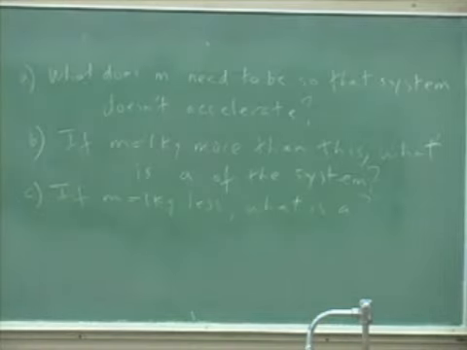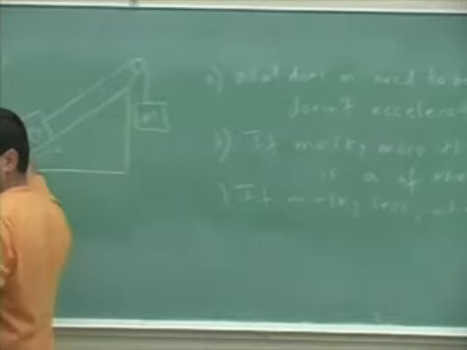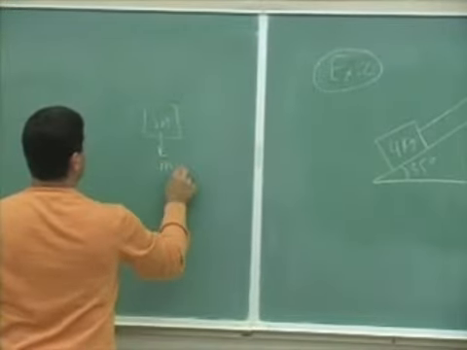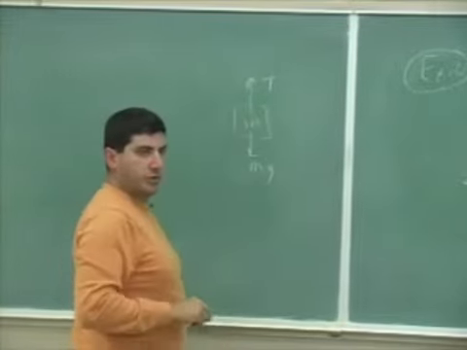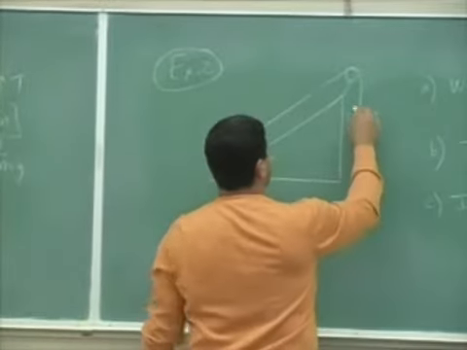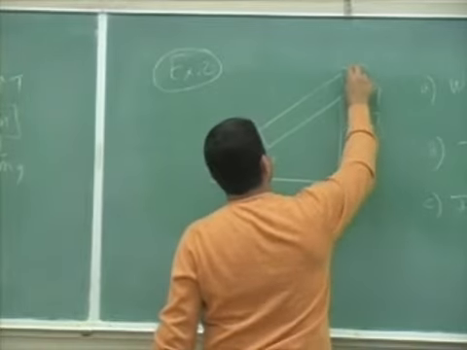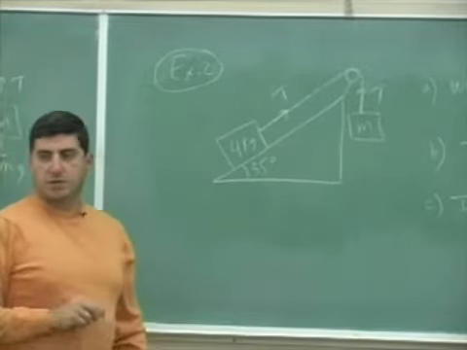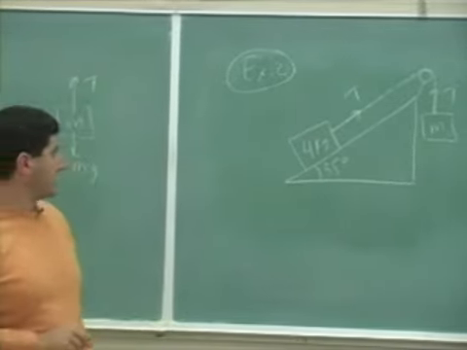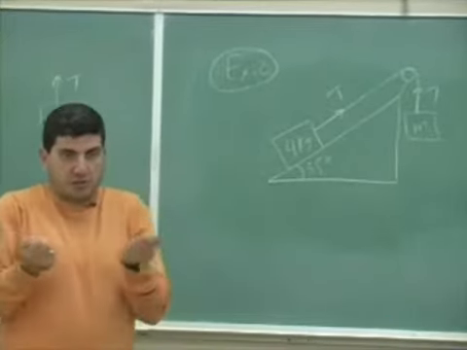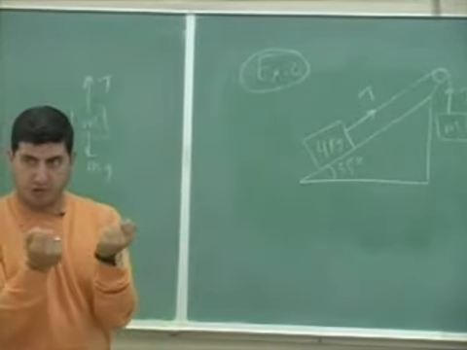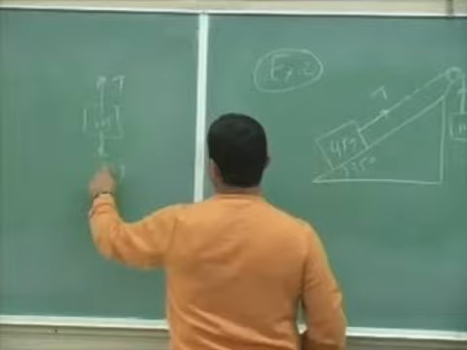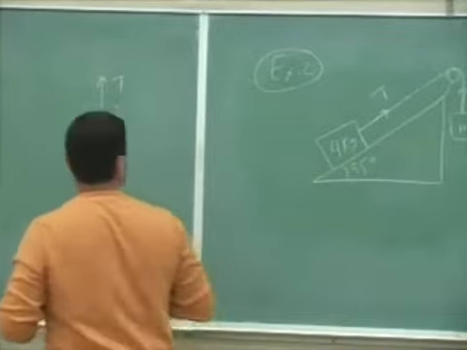Okay, so this one we can do an equation for each one. So we've got the M here. We have mg and the tension in the rope. They're connected with a rope or string. There's a tension here, and that tension is propagated throughout the length of the string, and the tension pulls up on the lower block, on the 4 kilogram block. The tension in the string always pulls, it never pushes. It pulls both objects. So for this block you have mg and T, and for this block you've got